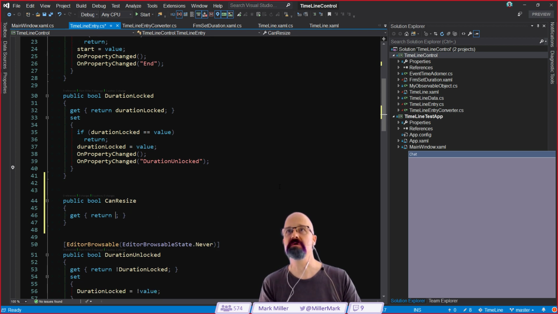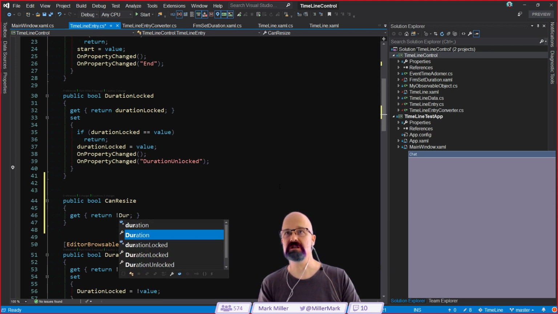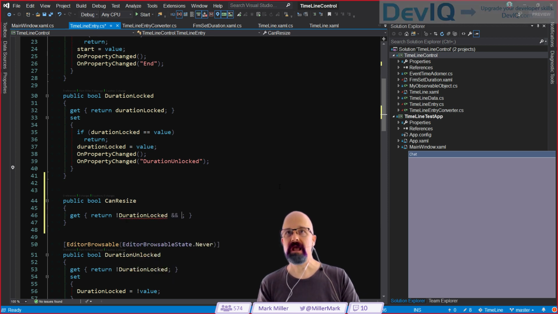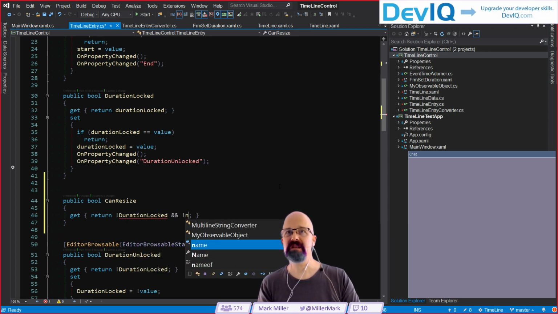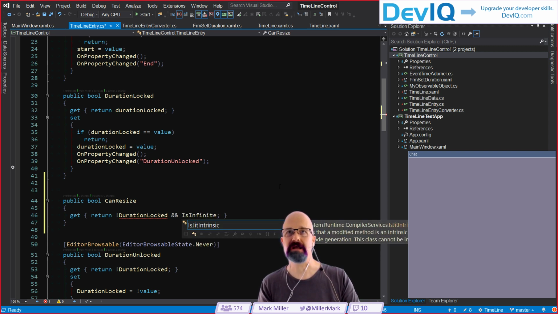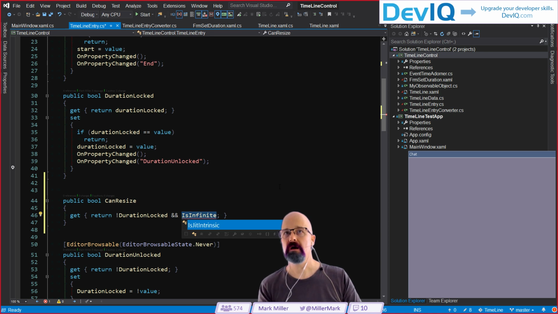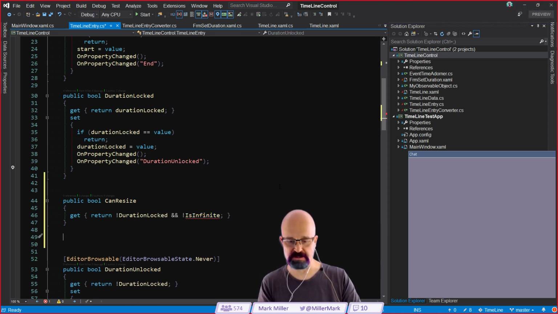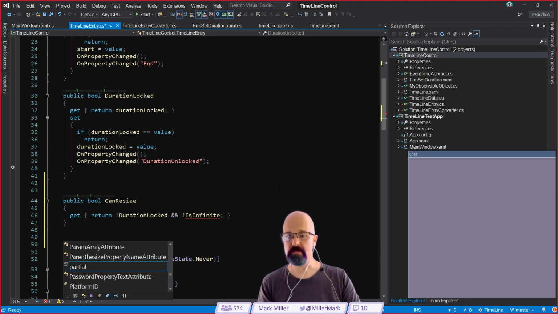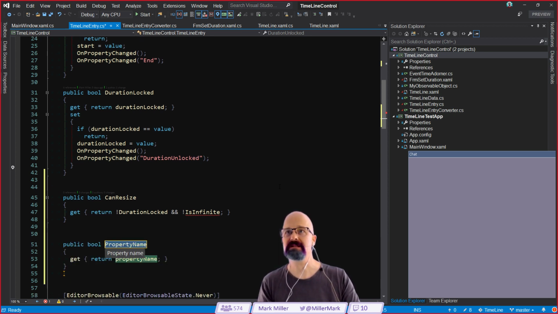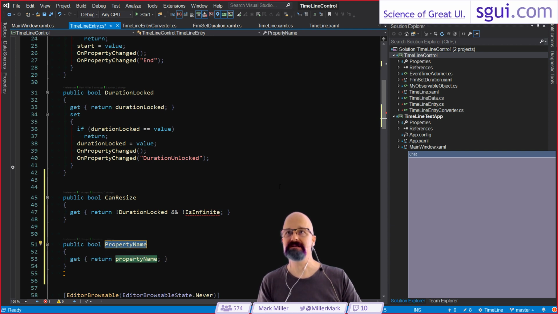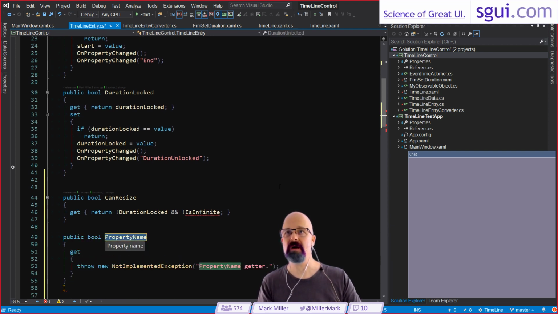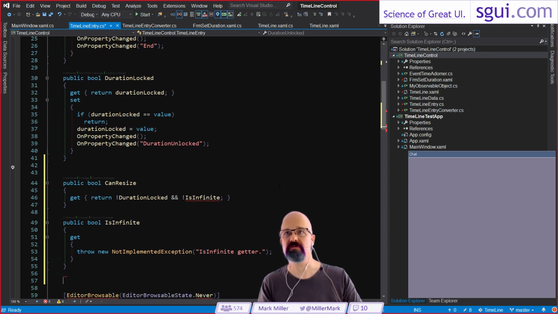That's going to be equal to not duration locked and not, do I have an infinity or something is infinite? Let's at least add an IsInfinite so we're not doing this everywhere. It's something that's come across a few times, isn't it? And this should be not IsInfinite. So let's come down here. Let's do a PB, or an RB rather, for read-only Boolean property. And actually, let's not do that. Let's do RB with a comma after it so we can specify our own code for it without a backing store. IsInfinite. And we're going to say return